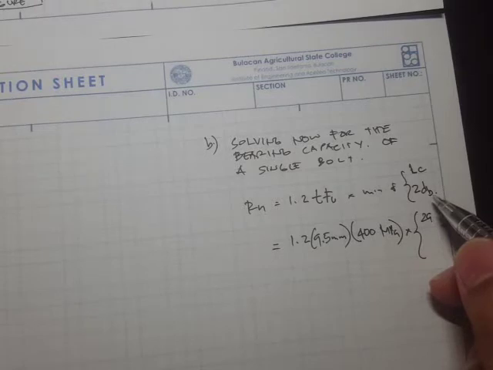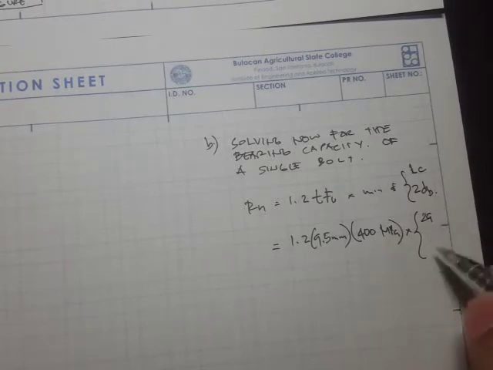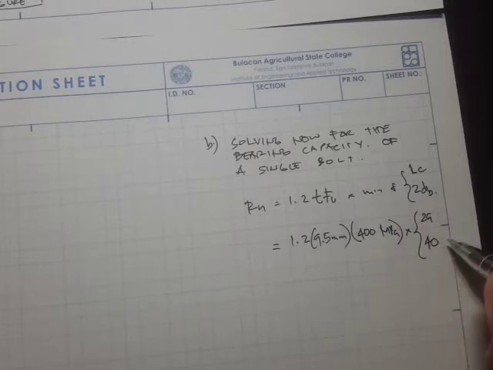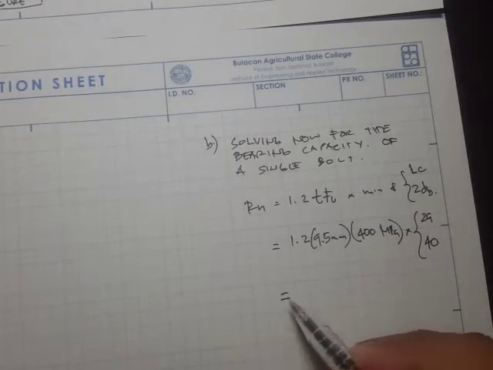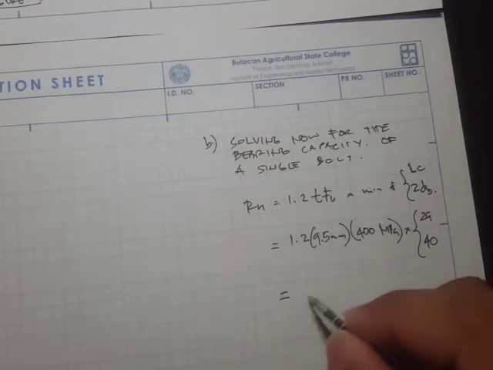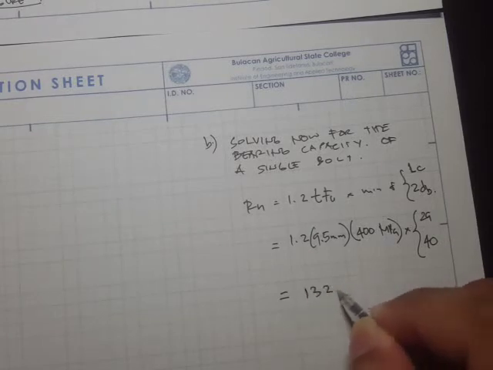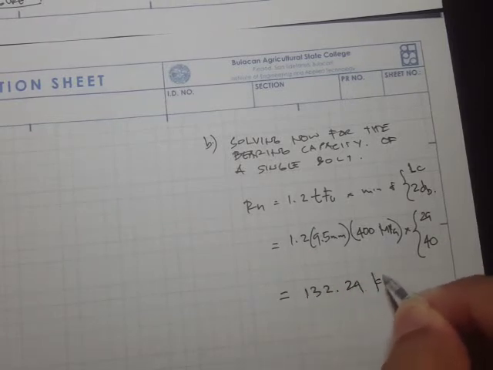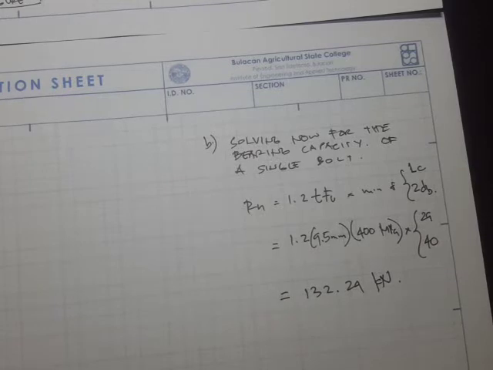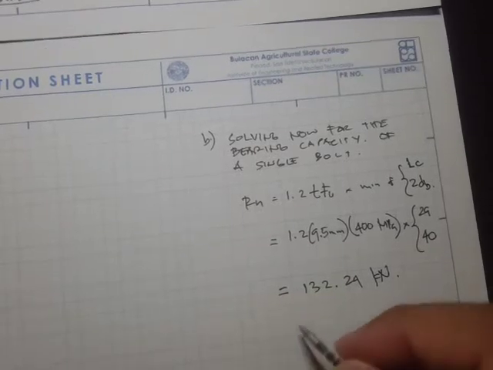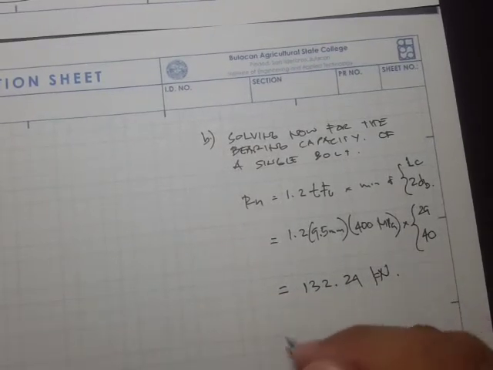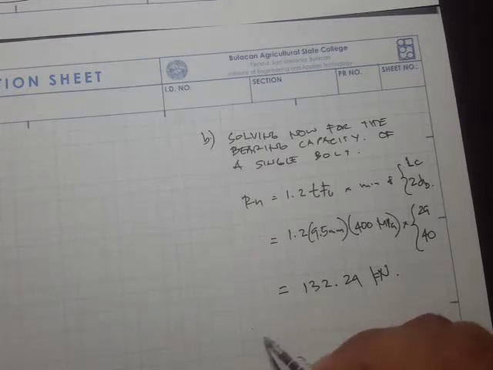Our bolt diameter is 20 mm, so 2 times 20, that's going to be 40. Okay, so if you do the math, what you get is 132.24 kilonewtons. Now, solving for the capacity of the